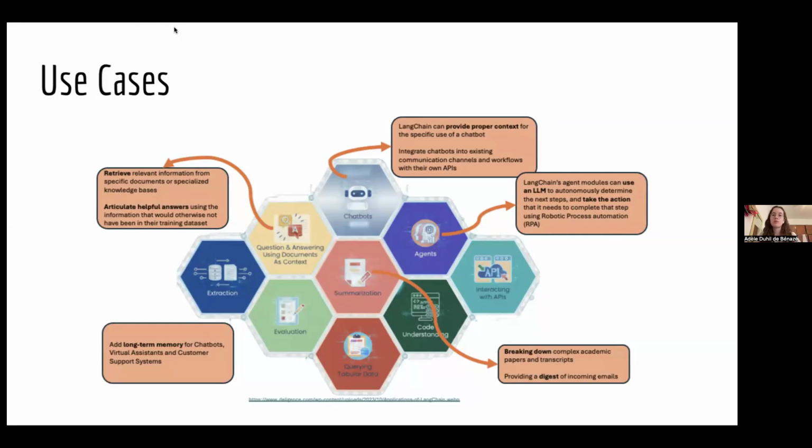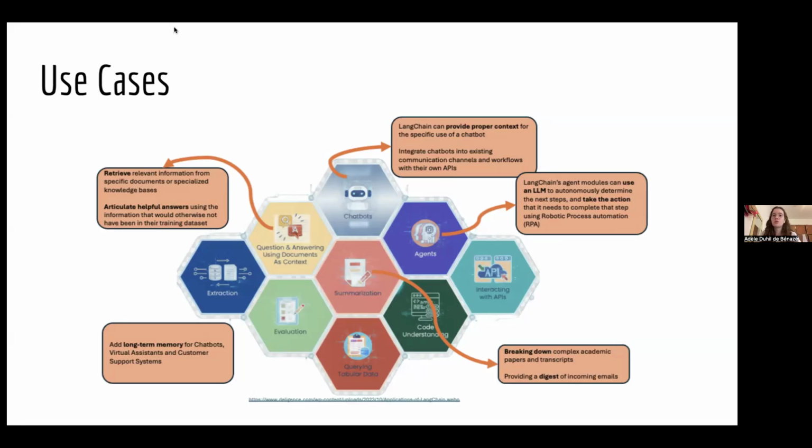And it also enables, for instance, summarization tasks like breaking down complex academic concepts or summarizing emails. Another use case is also question answering because Langchain can retrieve the most relevant information from documents, for instance, and then generate answers, even with data that wasn't part of the model's original training data set.